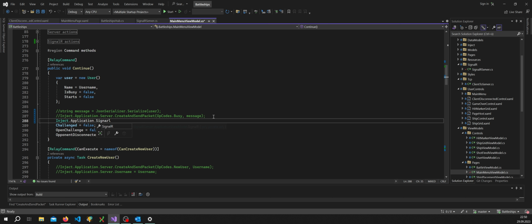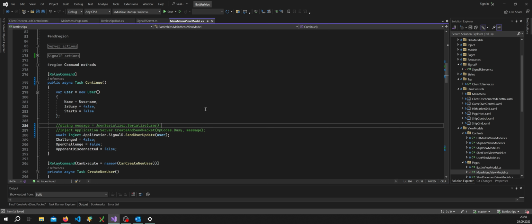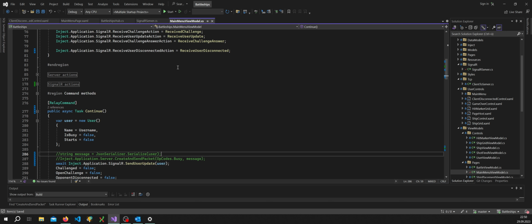And then we can also await this here, because this is a command method, and we can just make this async task, and that's that. Okay, so now we are handling a user disconnect in the main menu view model, but